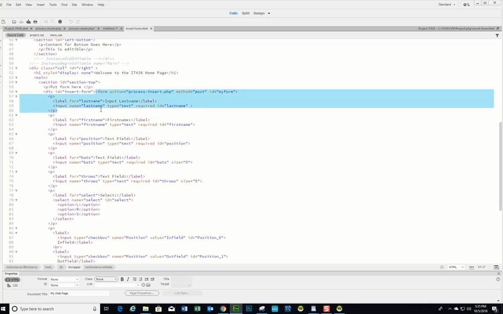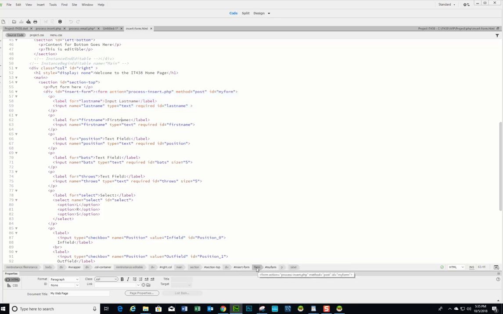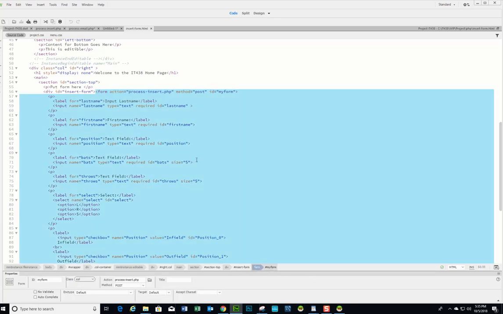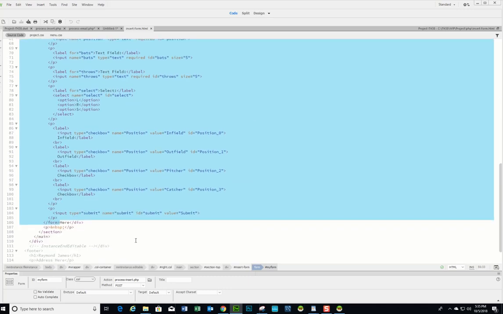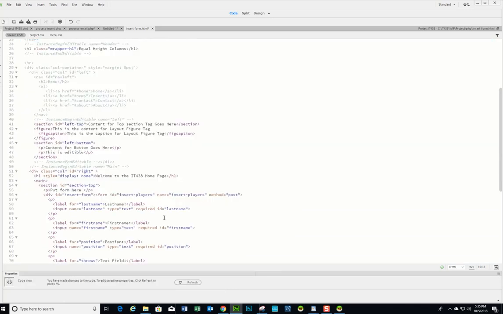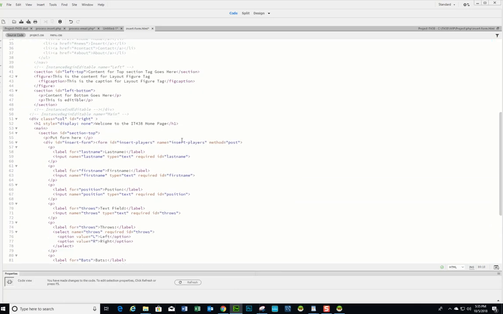We put it inside a div, so I'm going to click on the actual form itself. That's the easy way to get everything that you want highlighted. So you can see we did that. I'm going to click on Control V,